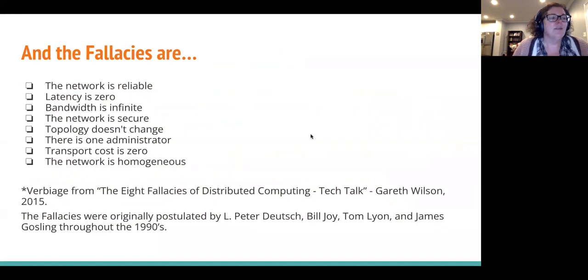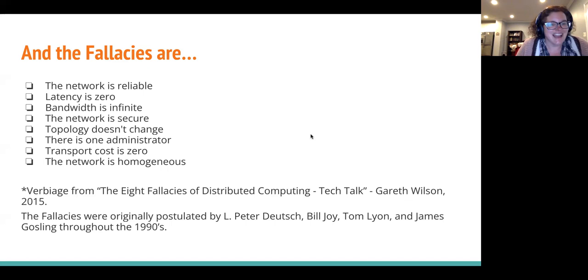I'm not going to go into detail on these fallacies, because there's a lot that's been written about them. I do have some slides in the appendix that go into a little more detail, but you can see what they are here. I'll laugh about a couple of them, but basically these are the assumptions you'd be making if you don't accommodate for them. So the network is reliable. Well, no, it's not.